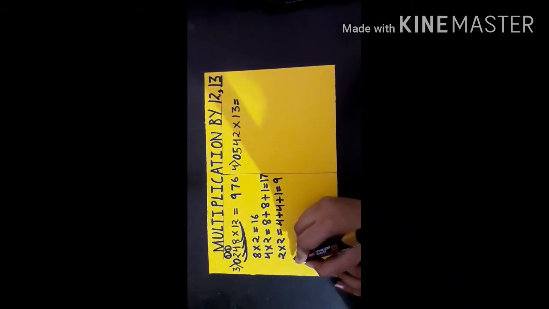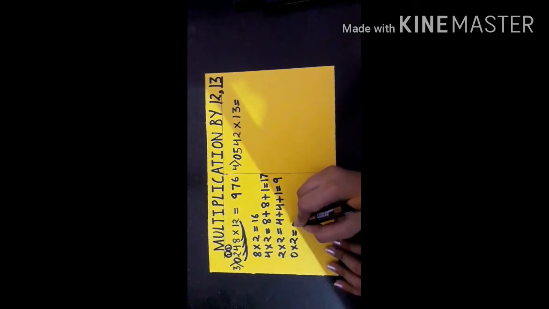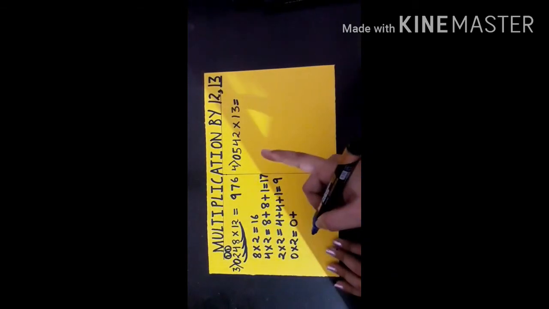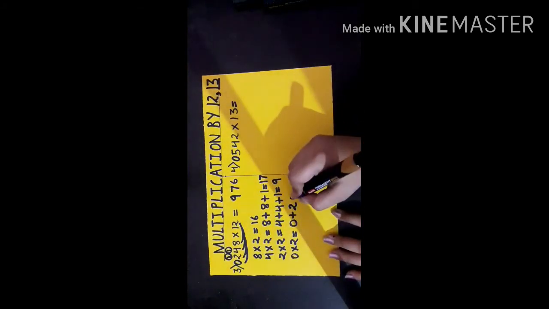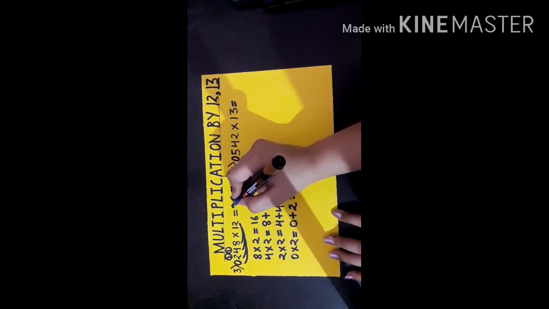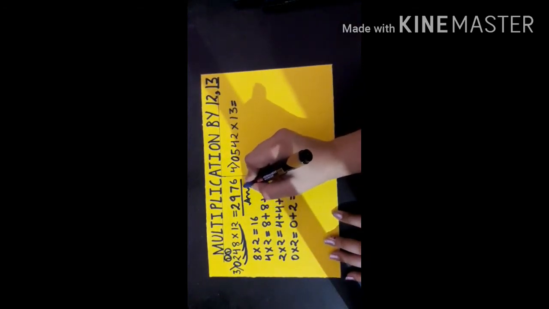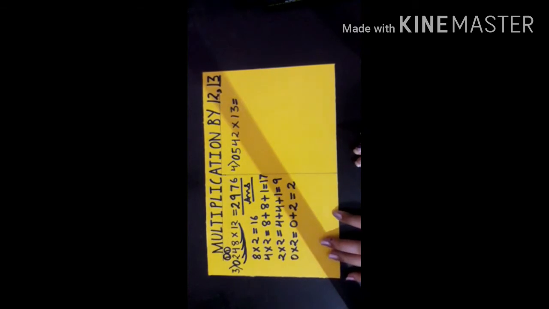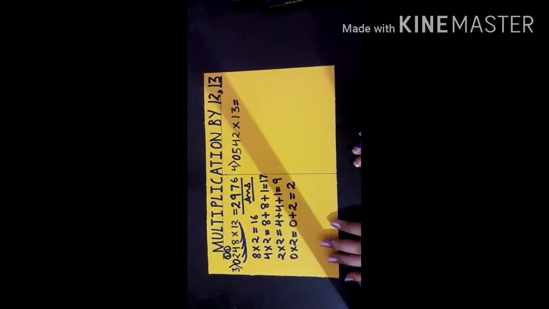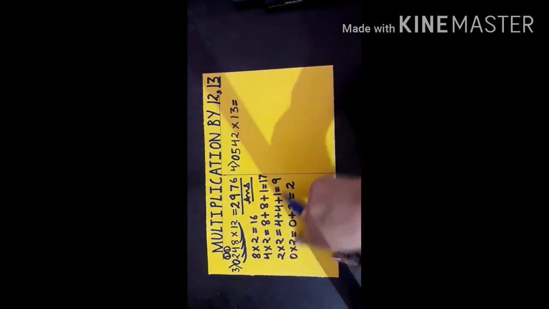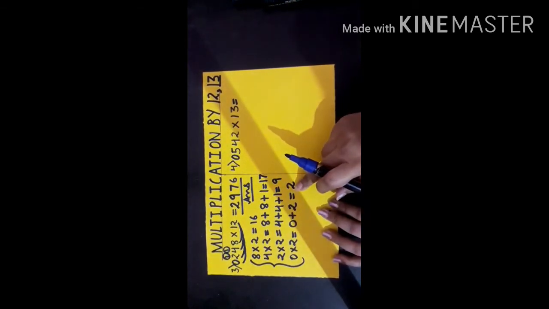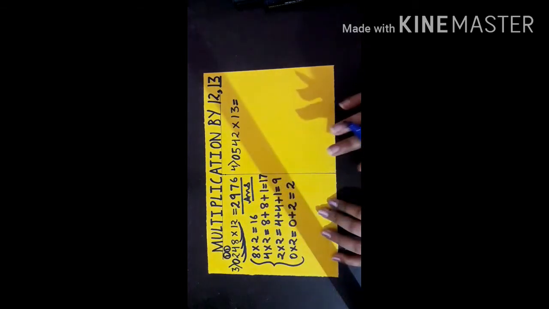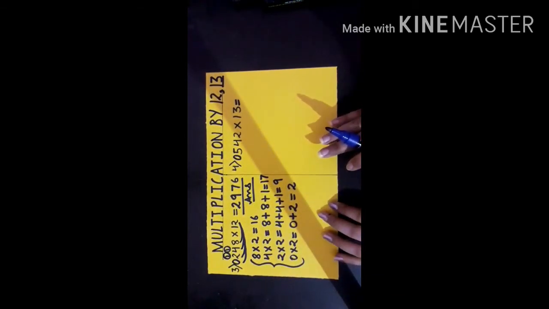So 0 multiply by 2 now. 0 2s are 0 plus right hand side number 2. Is there something above 0? No. So nothing is carry. So 0 plus 2 is 2. So here 2, and this is your answer. 2976. Students, this is all simple multiplication. See, I have multiplied the number with 2 and added. So you can do this simple multiplication and addition in your mind without any rough work.